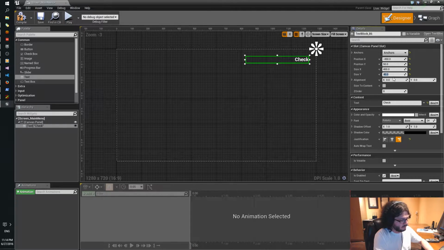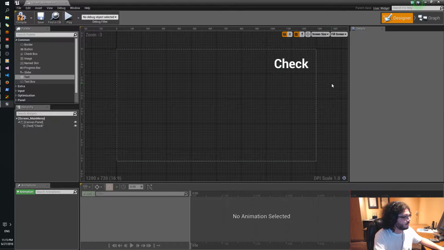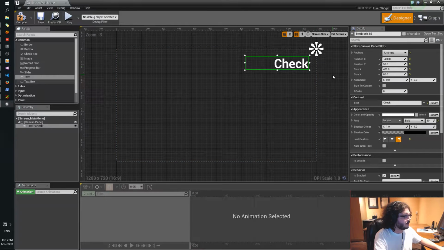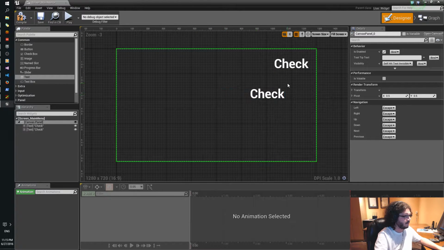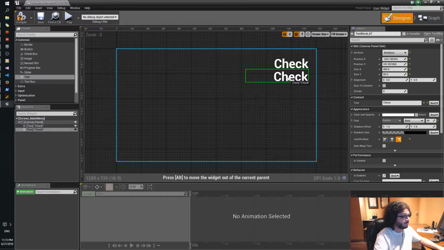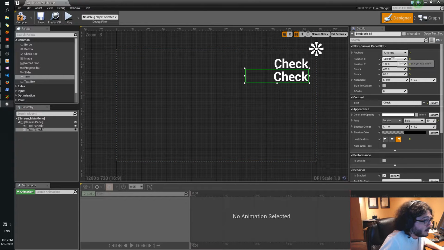And size, let's do 80. And we'll increase the font size to 40. 60. It's a bit much. No, maybe not. Looks about right. So then we will copy and paste. It was -450.